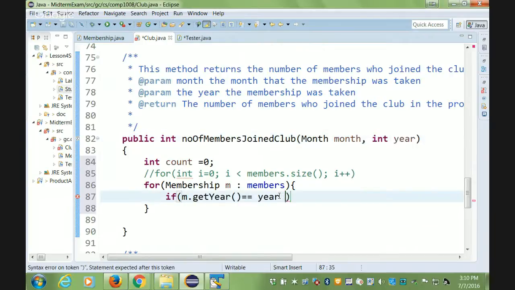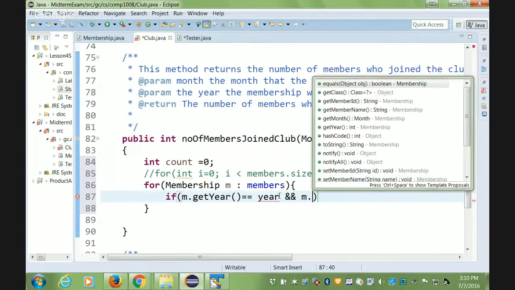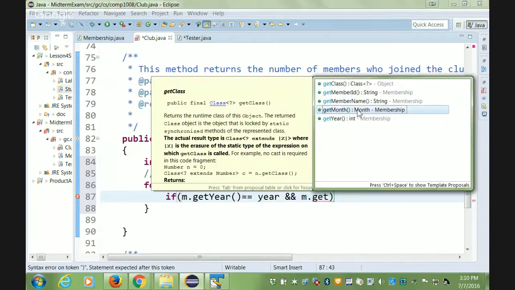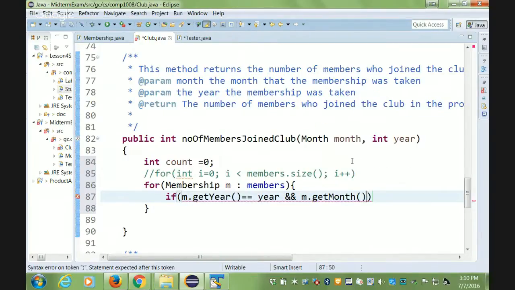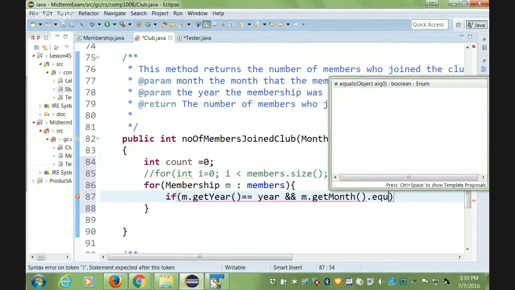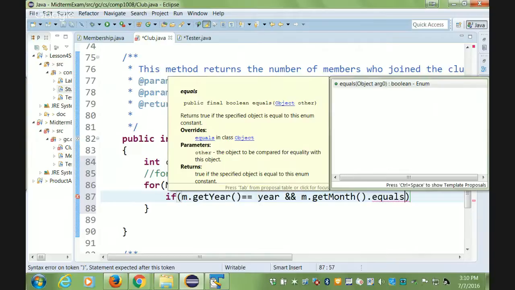And getMonth. Is it equal to? Now, some of you did this and you just said equal means equal, but what is coming out of getMonth is a Month object. And to compare a Month object, you have to use the equals method. How did I find this out? I said if strings are compared with the equals method, let me check how are Month objects compared. There was an equals method there. Right? You have to think. So if the month equals this month that I gave you,